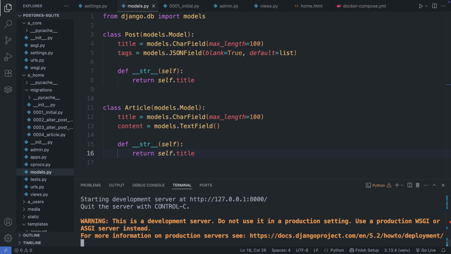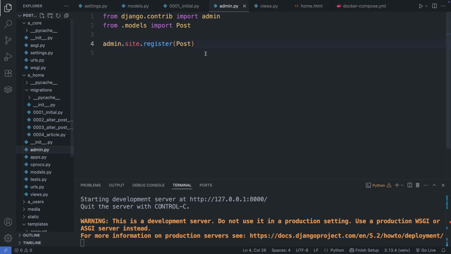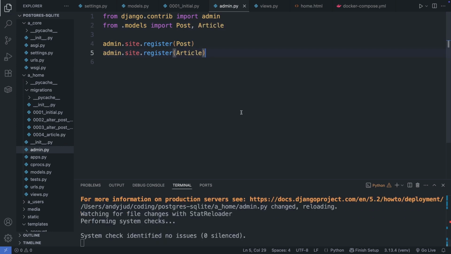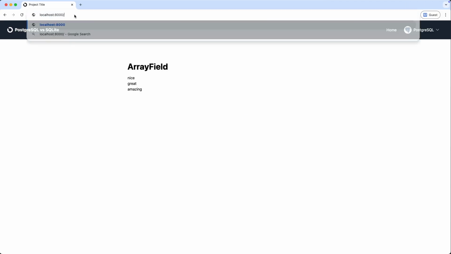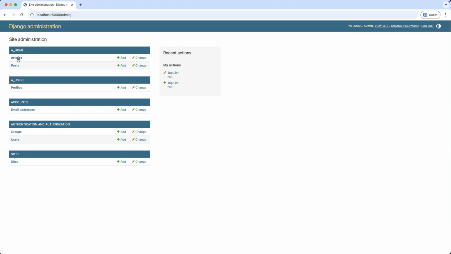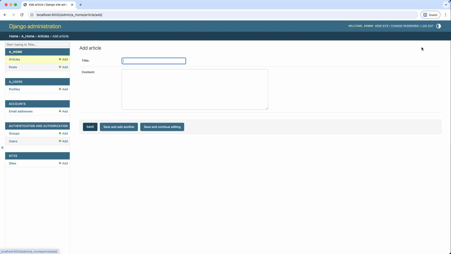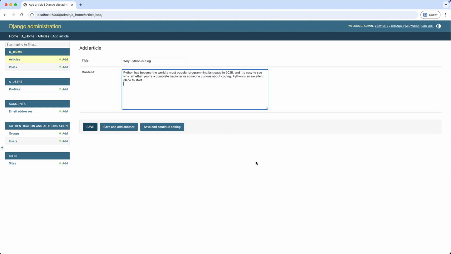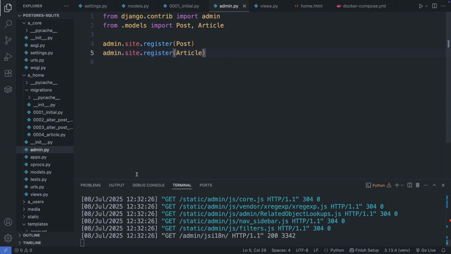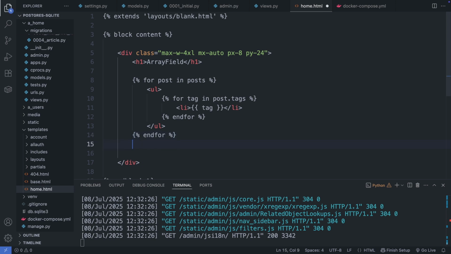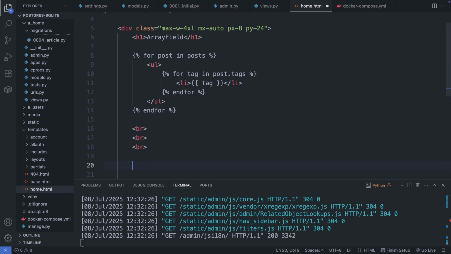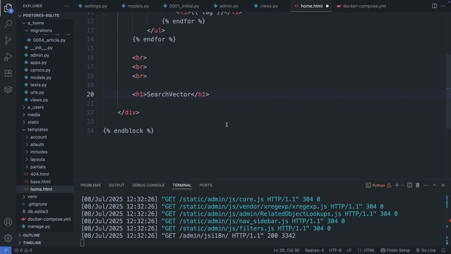Then let's register this model. Save this file. And let's create an article in the database. I add a title and the content. Save this article. Then I'm going to my template, add some spaces, then a title for SearchVector,